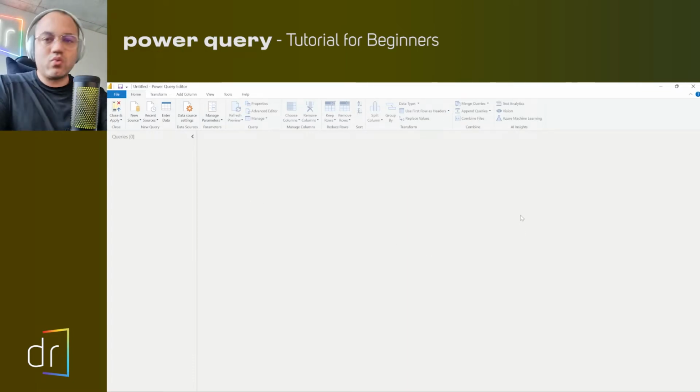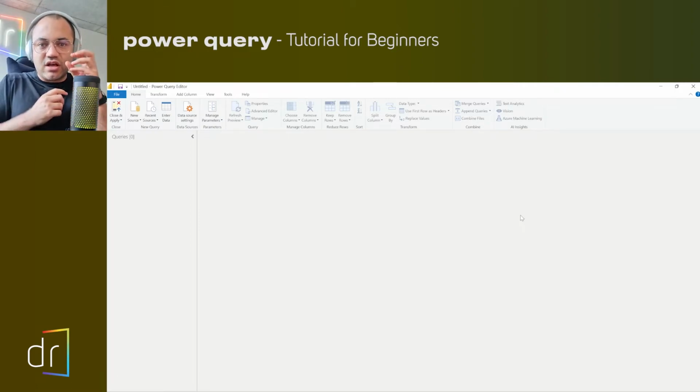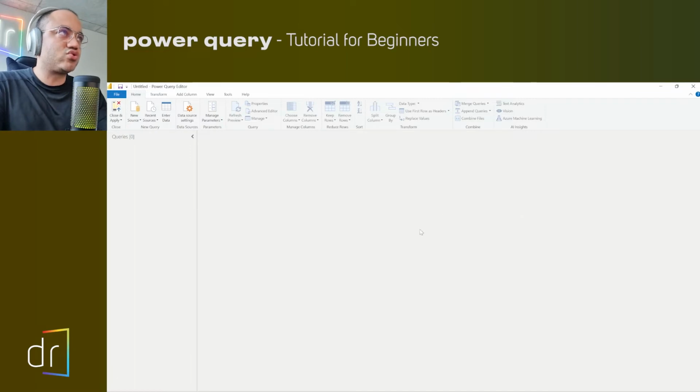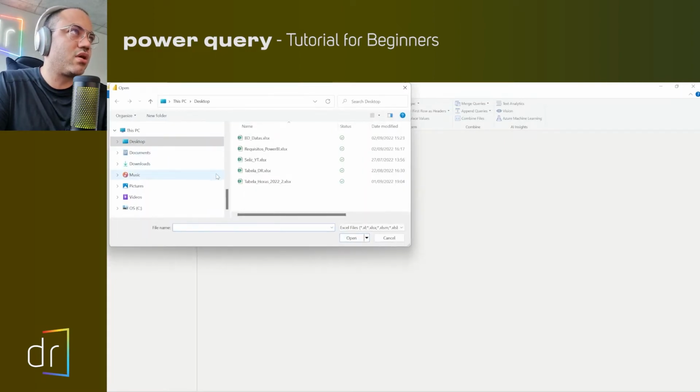So first of all, we have to connect with a data source. That's the meaning of ETL. The letter E means extract from multiple data sources. To extract something from a source, we just have to click on this button here, New Source, click one time and then select which source we want to connect to. In our case it will be Excel workbook. Then we're going to use this one, select